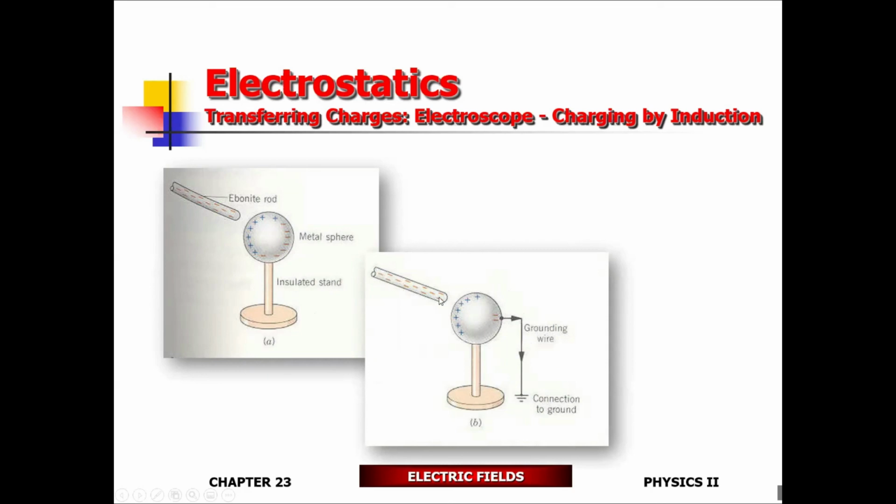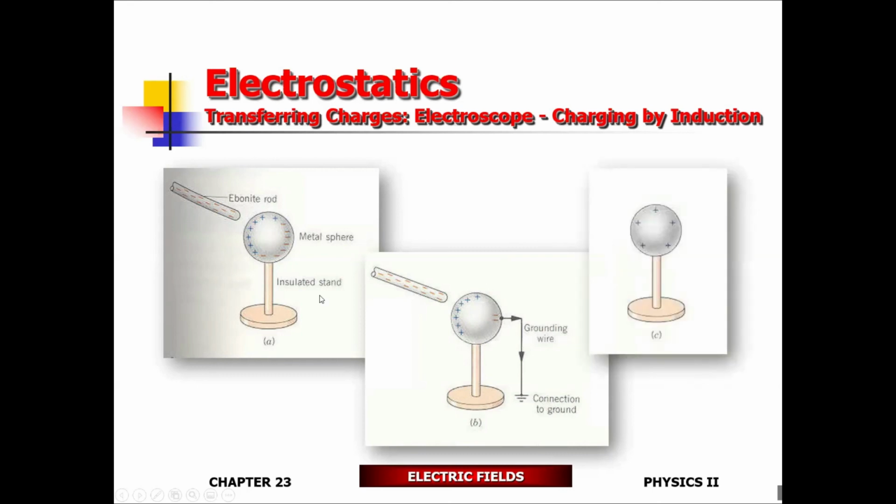All right, so when you bring a negative charged rod near, what happens is it's going to keep the positive charges right at the surface while it's repelling the negative charges into the ground. So what would happen if you were to get rid of the grounding wire while you still keep the negative charged rod nearby? If you were to get rid of the grounding wire, what's going to happen? It'll be positively charged, right? Okay, so this is called charging by induction. Which means that you polarize one surface and then you ground the opposing surface. So the like charges will leak out, and then you get rid of the grounding wire, and then you will notice